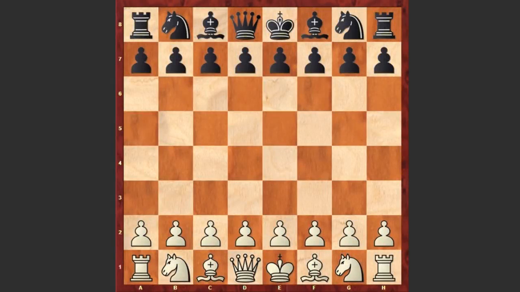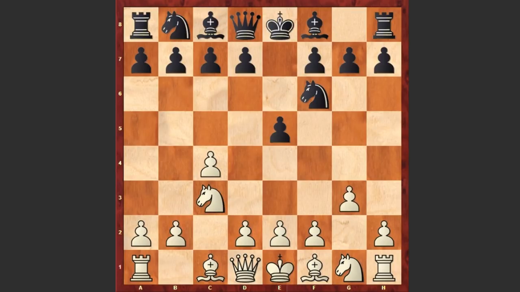Hello chess lovers! I have a very interesting game for you played by Lubomir Kavalek against Wolfgang Pietzsch. This is a game played in 1967. Kavalek had white pieces and he started with c4, English opening, e5 by Pietzsch, knight c3, knight f6, g3 preparing